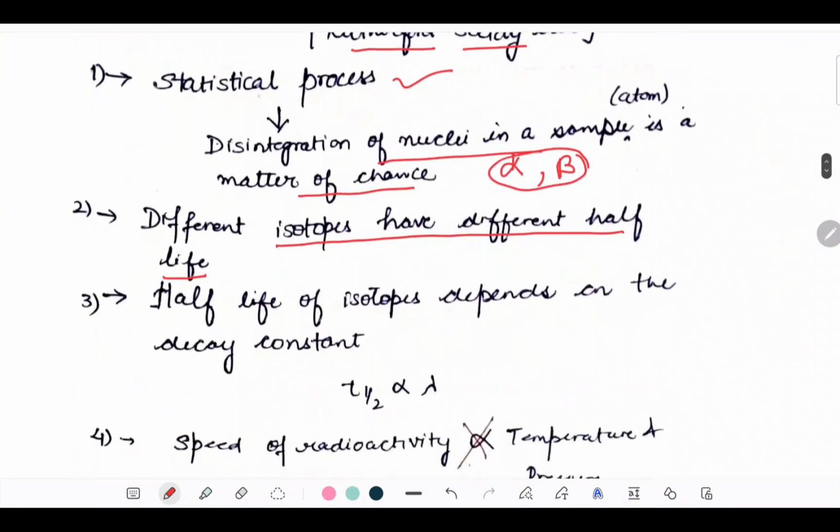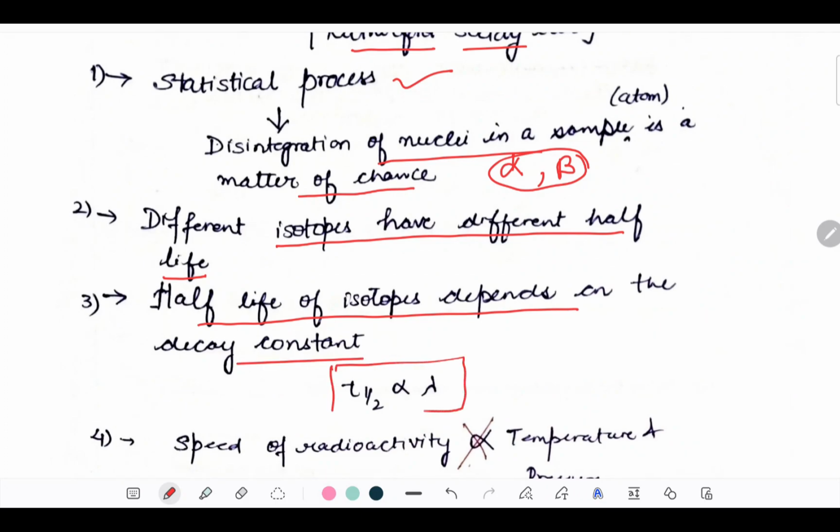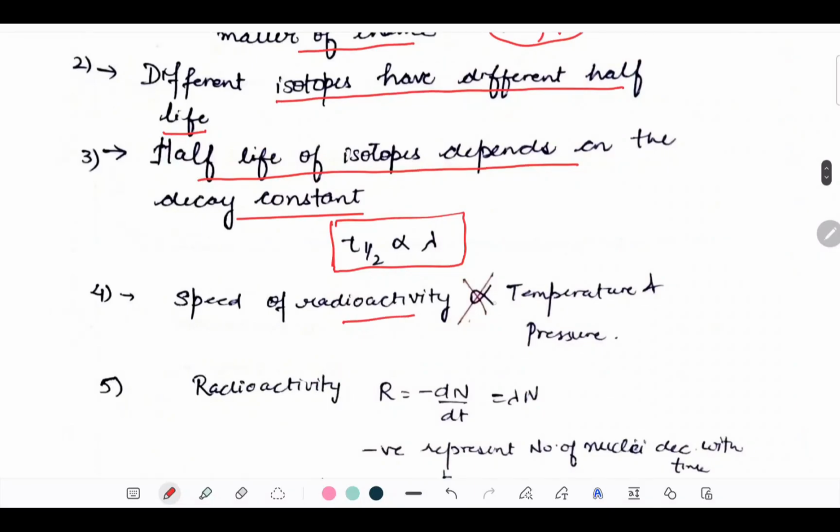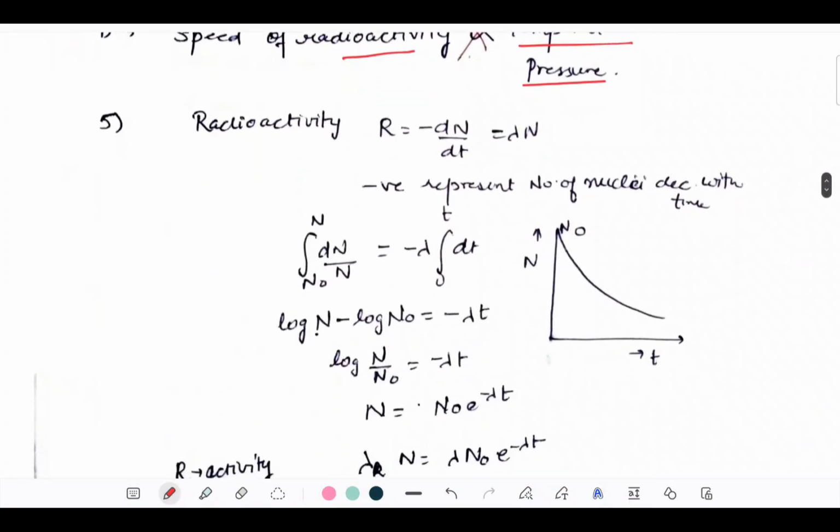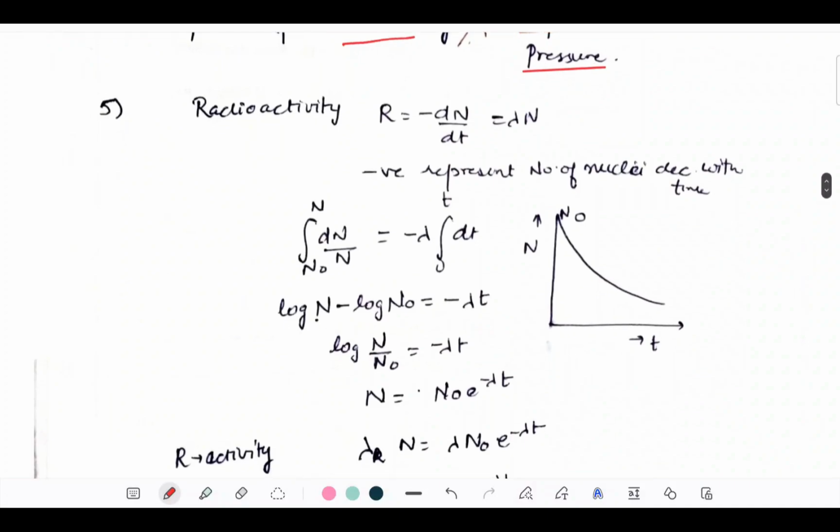Third, the half-life of isotopes depends upon the decay constant. T half is inversely related to the decay constant, which is denoted by lambda. Fourth, the speed of radioactivity does not depend upon temperature and pressure. Rather, it is independent of temperature and pressure. Fifth is radioactivity. As we have already studied in our BSc and MSc classes, radioactivity is directly proportional